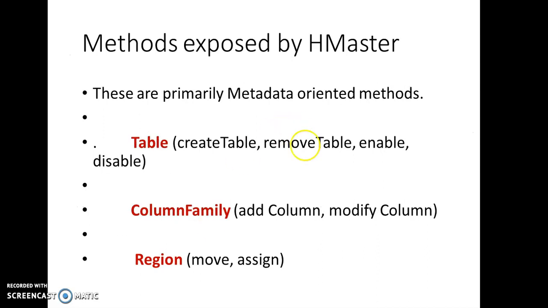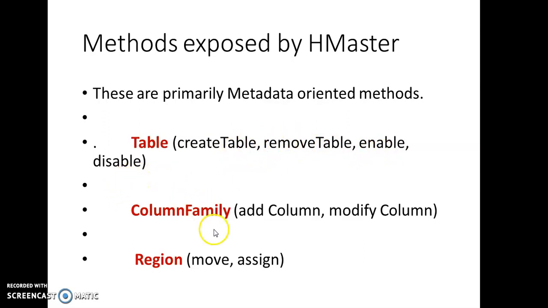The methods exported by the HMaster are three metadata-oriented methods. The first one is table, the second one is column family, and the third one is region. The table method contains four attributes: create table and remove table, then enable or disable the table.